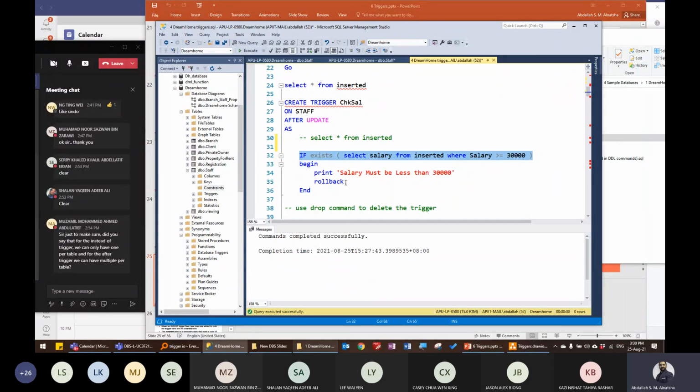Now, notice here what I have mentioned for my query. I said: if exists, select salary from inserted where salary is greater than 30,000. Or maybe I will make it 40,000 for our example. No need, 30,000 will be okay, because the maximum value is 30,000, right? Now,